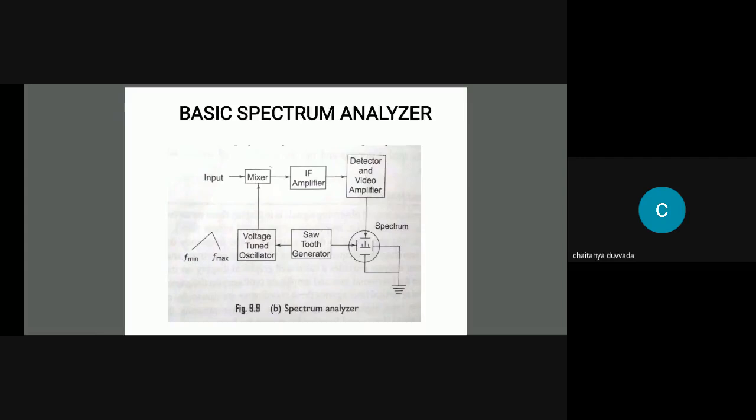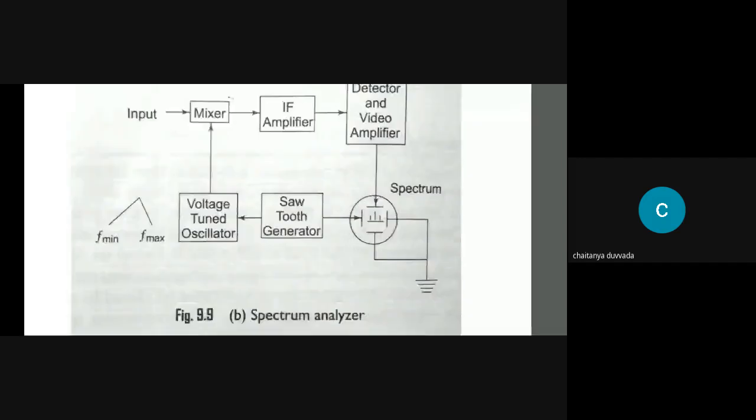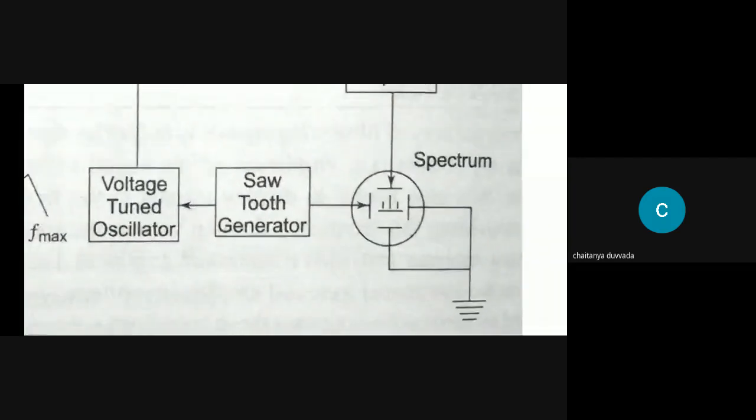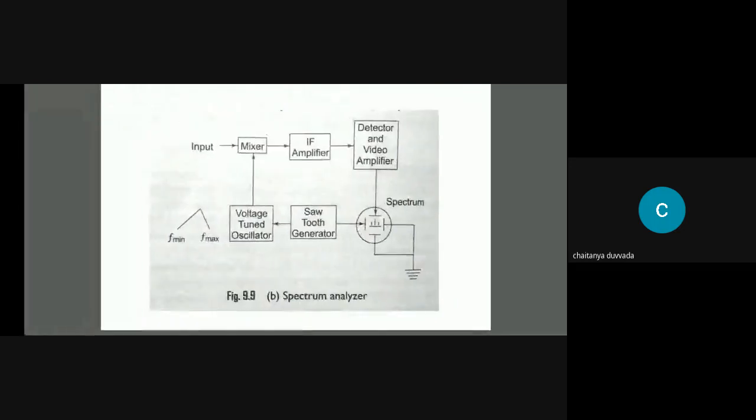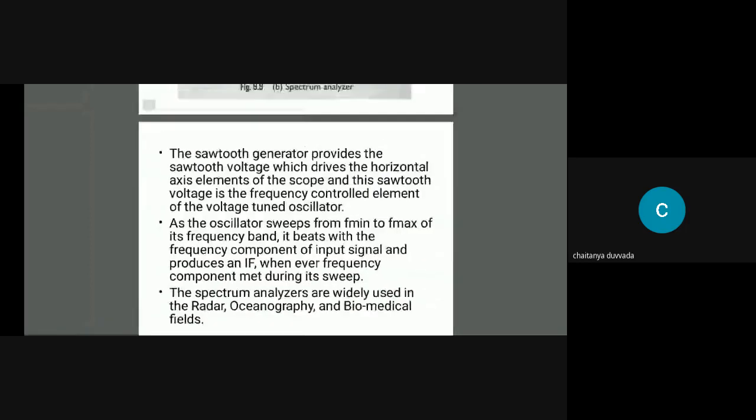After this, the mixed signal is given to the IF amplifier, the intermediate frequency amplifier. After that it is given to the detector and video amplifier. The detector detects the signal and it is given to the video amplifier, where it is converted into the video of the signal. Finally this is given to the spectrum display, which shows the signal. A sawtooth generator is also given. Based on these blocks, we will discuss the following points. The sawtooth generator provides